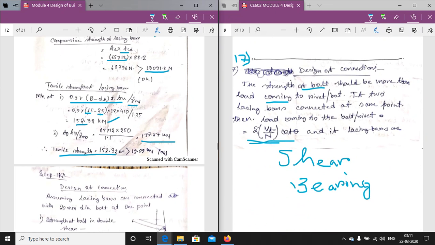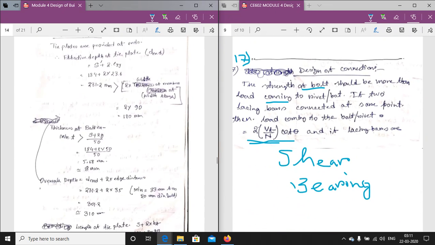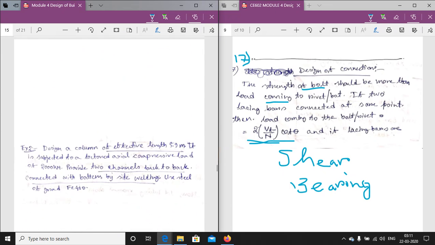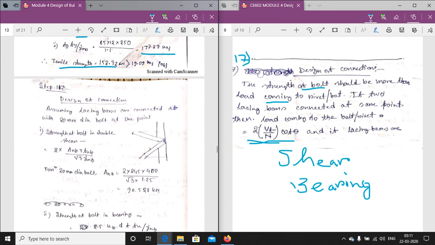Now coming to step number 17. It is very important: design of the connection. So the design of the connection we have to determine, that is the bolted connection. Here, the number of bolts we need to determine, and the bolts should be